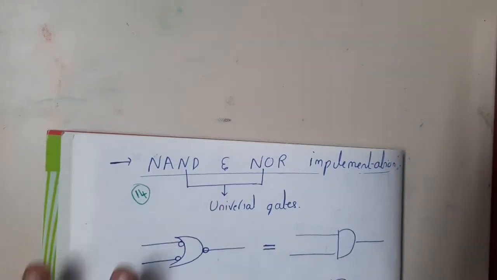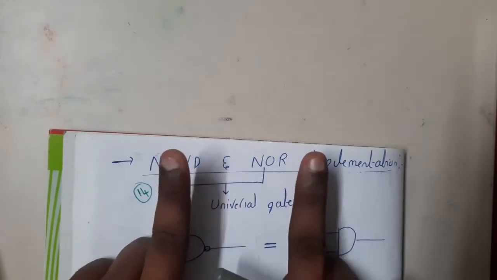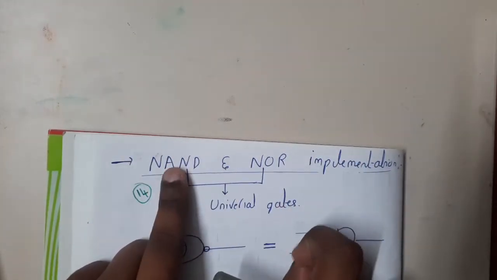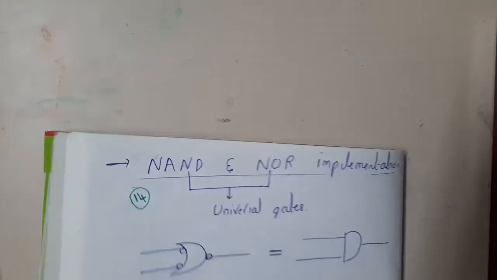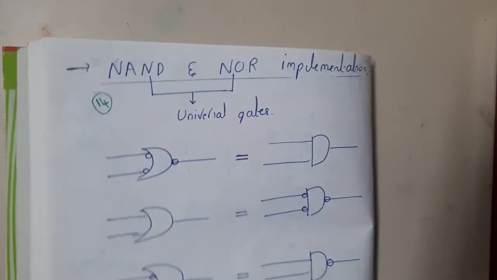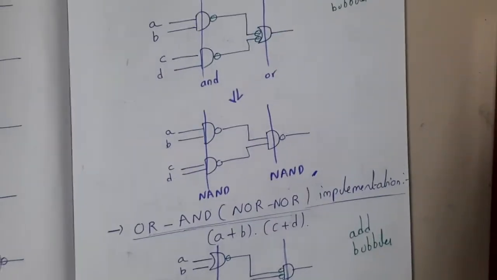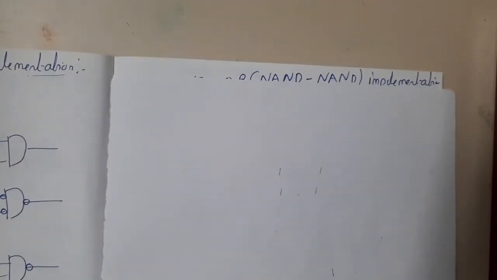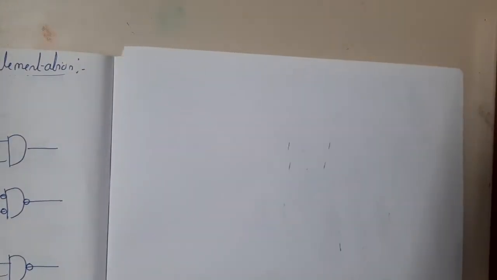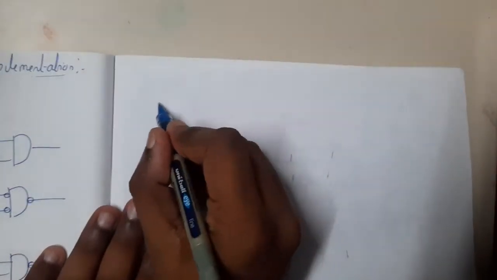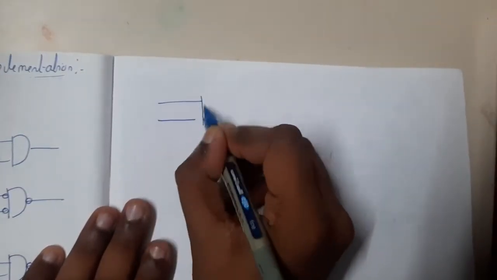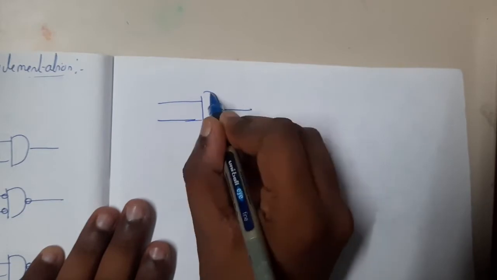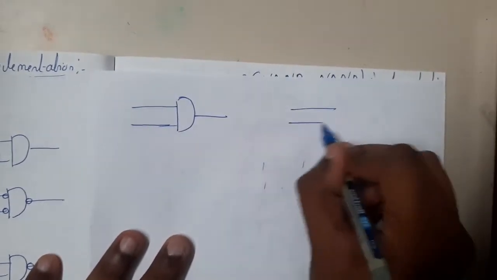But before going through that representation, let us try to understand the relation between NAND and NOR. Is there any secret relation between NAND and NOR? The answer is yes. So let us take a piece of paper. If you recall, how does a NAND gate look, guys? NAND is nothing but the property of AND, right? So don't draw the bubble. Let us understand the relation between these two.